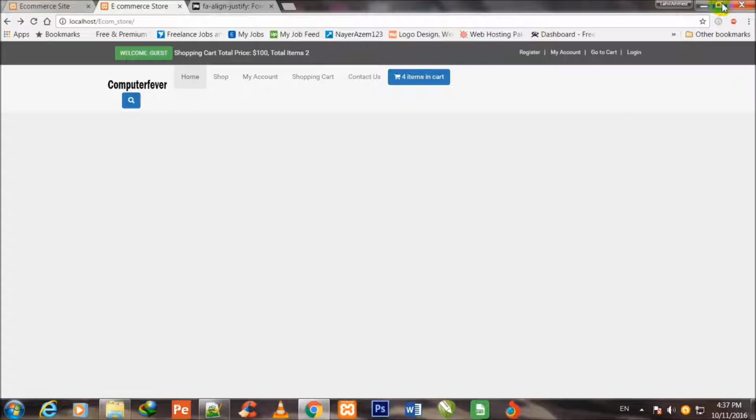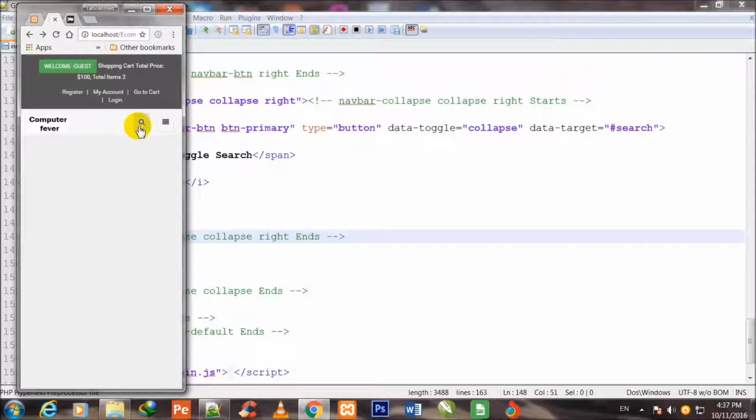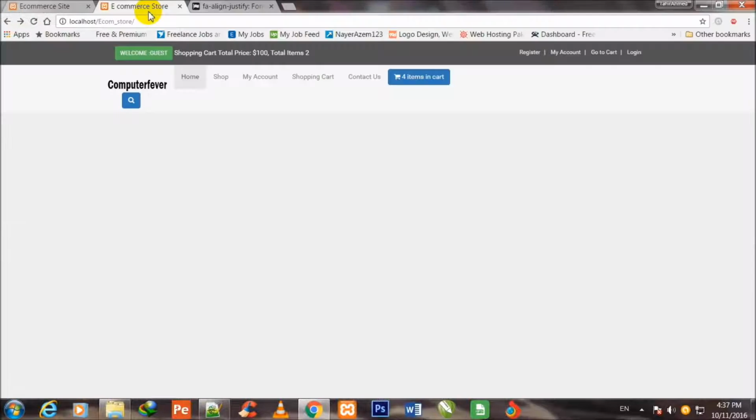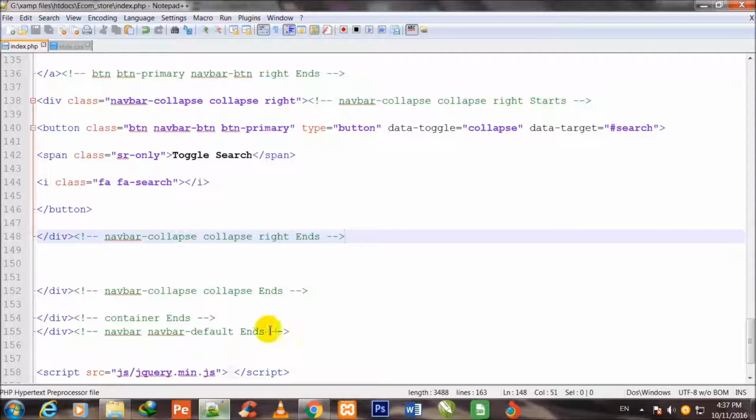And if I decrease its size, then you see that a smaller search button, search icon, is being shown here. So I have done my work till this level. I come back in the next video and I shall begin my work ahead of this navbar-collapse right end. So I see you in